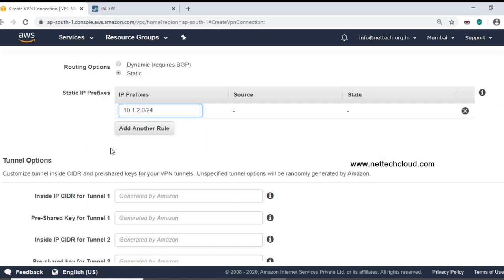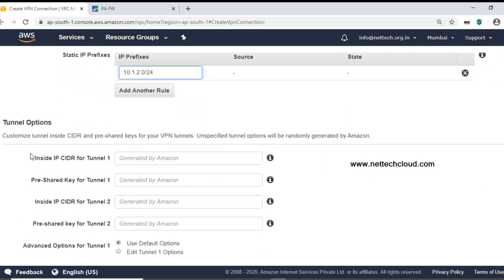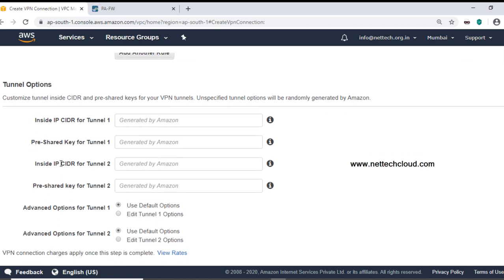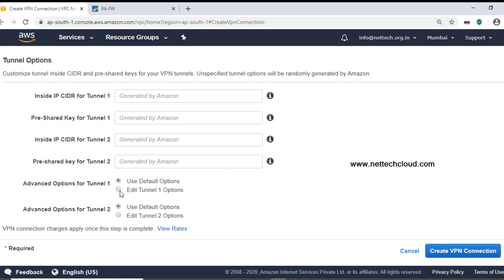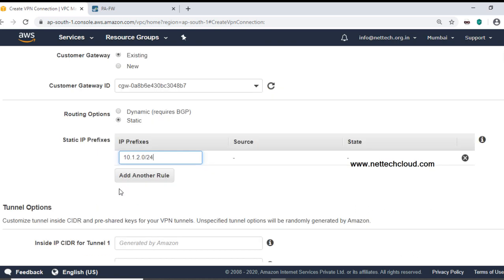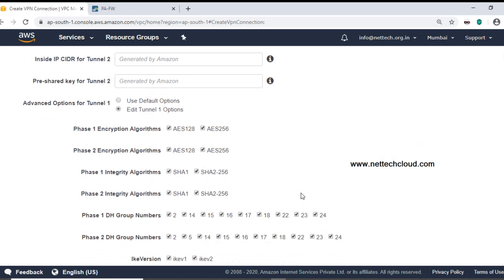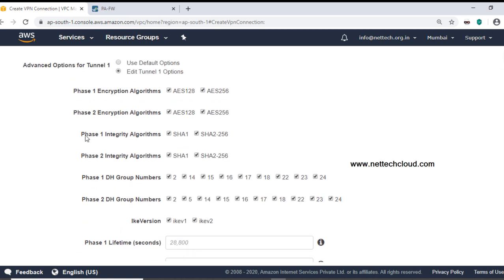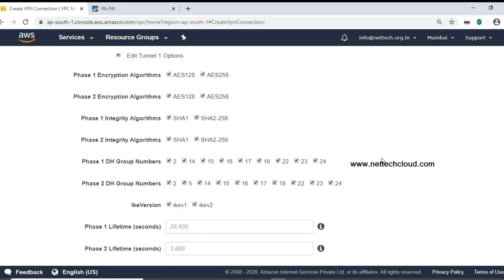And then here there is option for the customization and basically AWS creates two different tunnels, tunnel one and tunnel two, right? Tunnel one and tunnel two. And if we go to this edit option here, so now here encryption method, hashing method, data integrity, Diffie-Hellman group, all this can be customized.